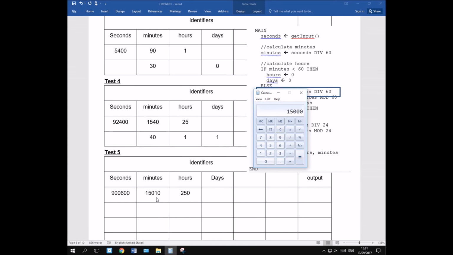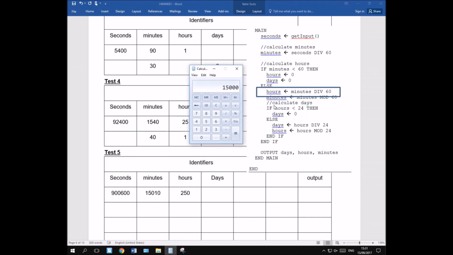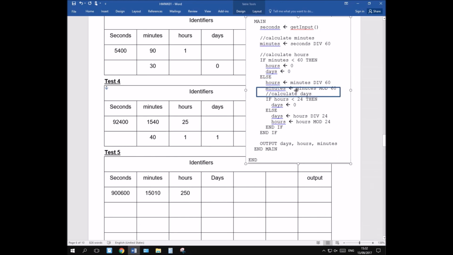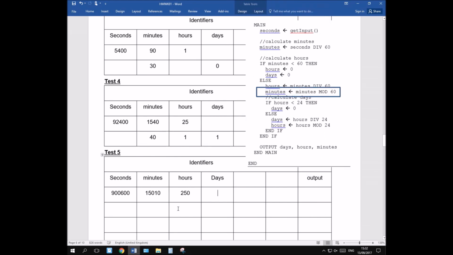So it's just got 10 left over. There should just be 10 left over. So minutes is going to be 10, so we are there. So we change that to 10. And then again, if the hours is less than 24,